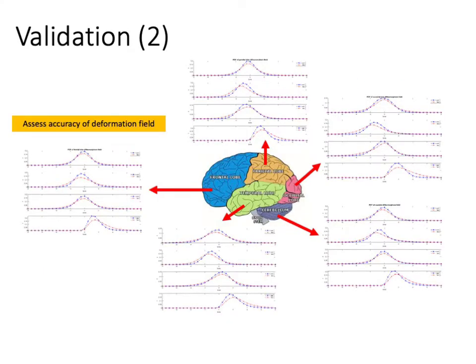We next ask the question, do the deformations in the synthesized brain match the deformations in the training data set, that is the real brains, accurately? And here I plot the statistical distributions. They approximate a Gaussian distribution of the deformations in X, Y, Z, and radial deformations of the five major brain lobes, the frontal, parietal, temporal, occipital, and cerebellar lobes. And you can see the blue curves approximate the training real data set, and the red curves approximate our synthetic data set. And there is a somewhat good match.